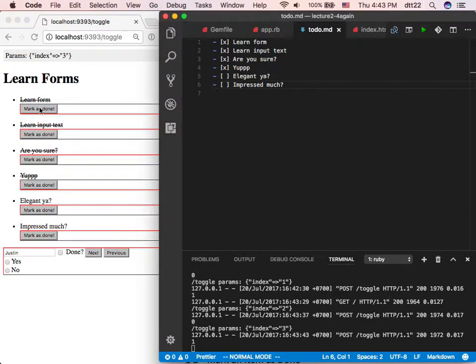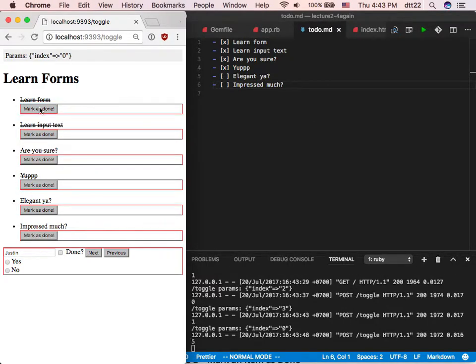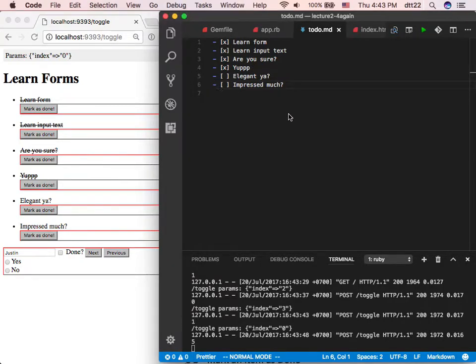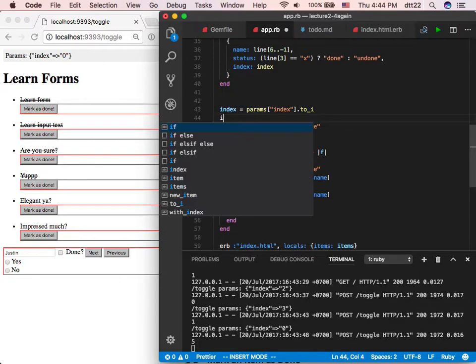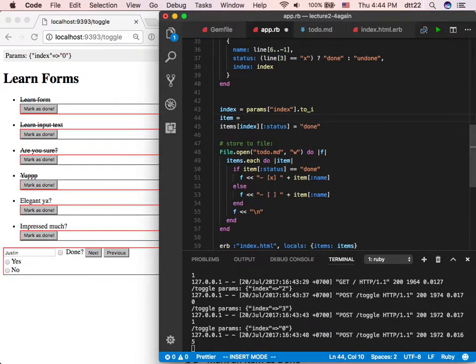What about marking the done one? Why does it not work? Because you didn't do it, right? We didn't do it. We did it here. That's not good. So at this item, here you can get the item. How do you get the item from items? It's an array. So you get items index,